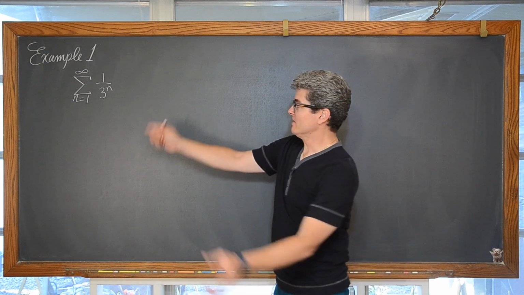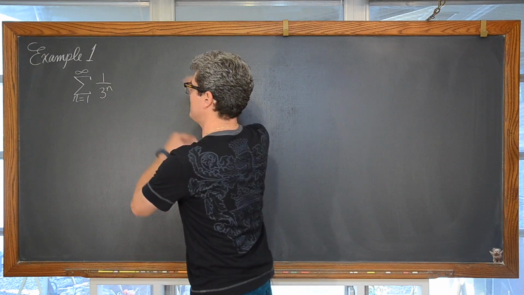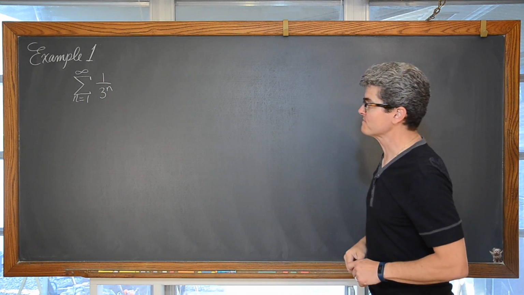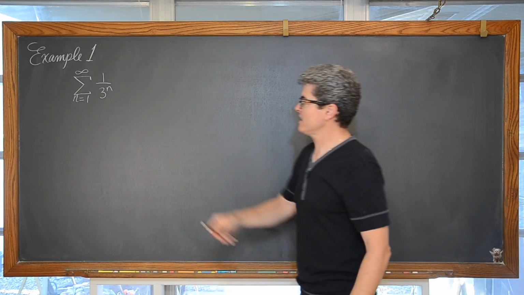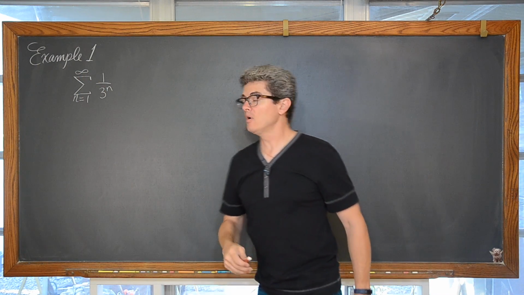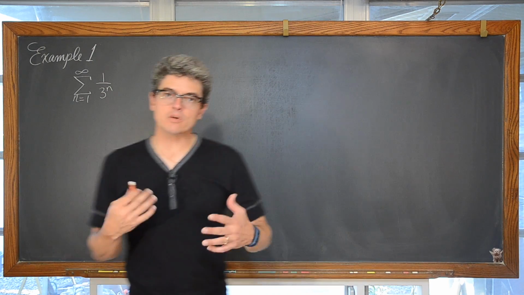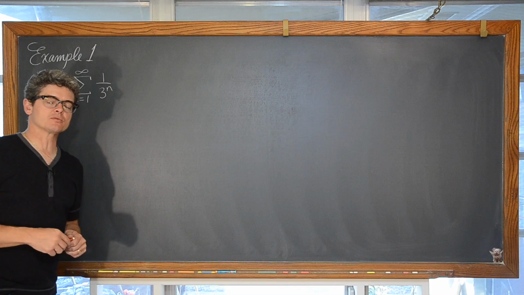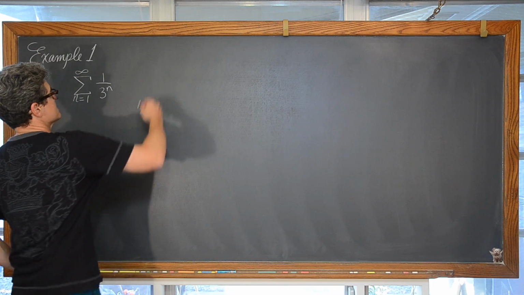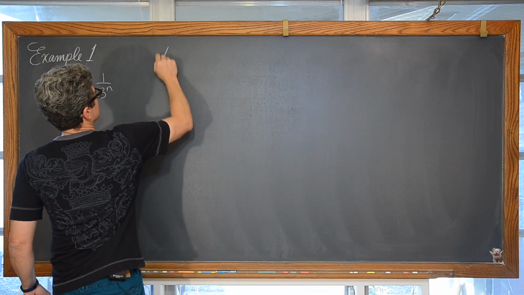For example number 1, the directions are all the same. Determine if the given series converges or diverges. Well, we have the series where n starts at 1 and goes to infinity of 1 over 3 to the n power. Now, we're going to analyze whether this converges or diverges with this new ratio test that we have. So with our ratio test,